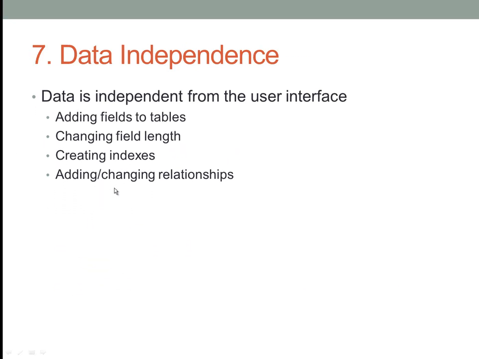The seventh one they discuss is data independence, and it's basically saying that the data is independent from the user interface. So I can modify the user interface. I can change the screen colors or the fonts or the order that data is actually input, and it doesn't affect the back end or the table design. Yet I also can go back into the table design and add fields to the tables, change the field length, create indexes, change relationships, and do all of that stuff on the back end, and it does not